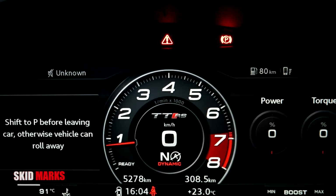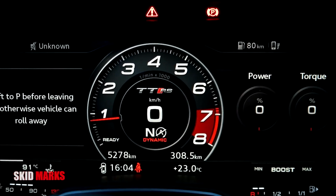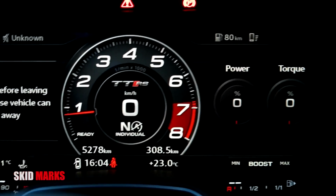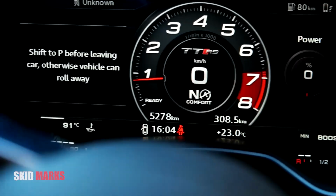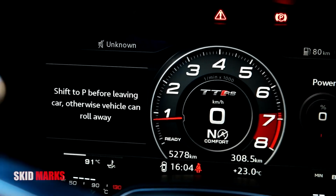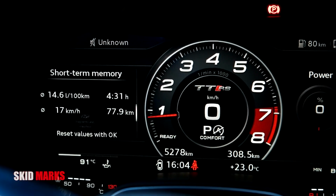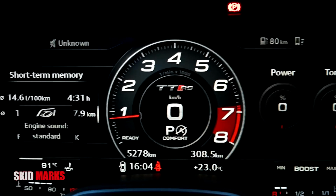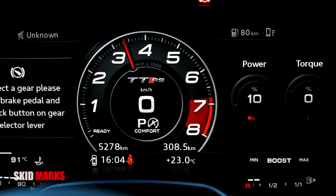So now you guys can judge for yourselves whether the exhaust valve does work. I particularly think it does work. Like in comfort mode with the exhaust valves off, that's eco mode with the exhaust valves off. You can hear it sounds quite